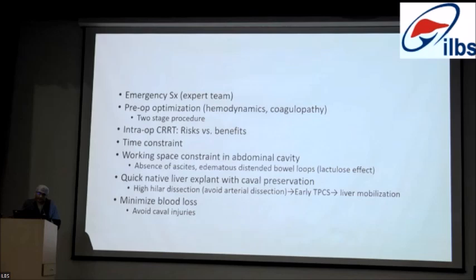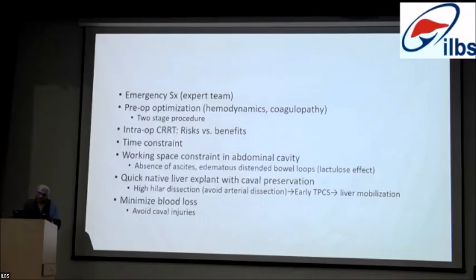We usually take the right and left portal veins separately, because the distance between the portal vein and the IVC is usually 1 to 2 centimeters. But because of SIRS and tissue edema, that distance increases, and while making a shunt, sometimes the portal vein doesn't reach the cava. So we have to have adequate length to form a good shunt. You do your early shunt to prevent toxic liver syndrome, and then we mobilize the liver.